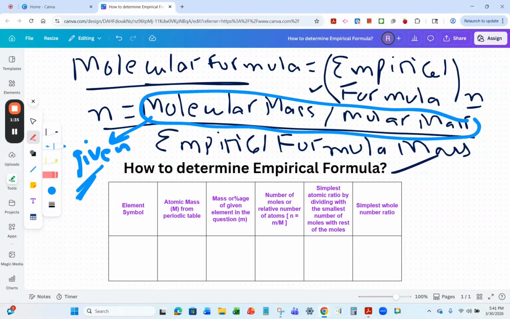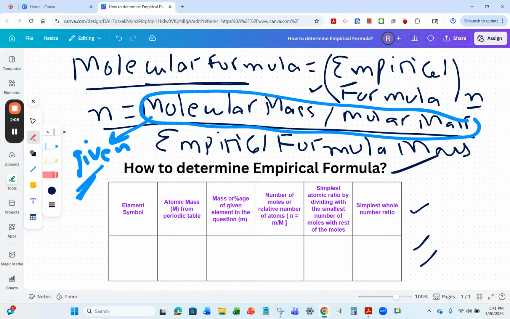The reason is that we have been given individual atomic masses of the elements, and sometimes kids confuse those individual atomic masses with the molar masses, so that's how they make mistakes during the calculations. And then, how to determine the empirical formula mass. I made this table, and this is pretty easy for my students, either it's advanced class or the regular class, so they understand more for empirical formula mass.